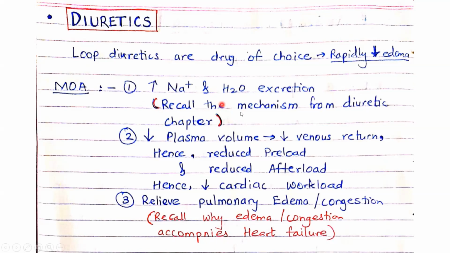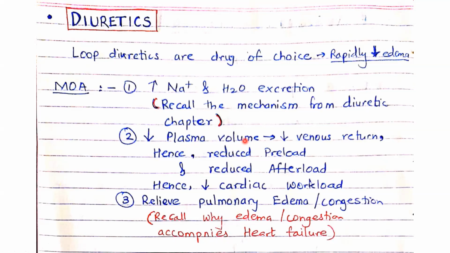So you will have to explain here also in short their mechanism of action, where you can mention which receptor or which transporter they are blocking, the location of that transporter, and their ultimate action is to increase sodium and water excretion. This causes a decrease in the plasma volume, or decrease in the interstitial fluid volume, that is fluid contained in your circulatory system. Suppose initially it was 5 liters, now it has reduced to 4 liters.